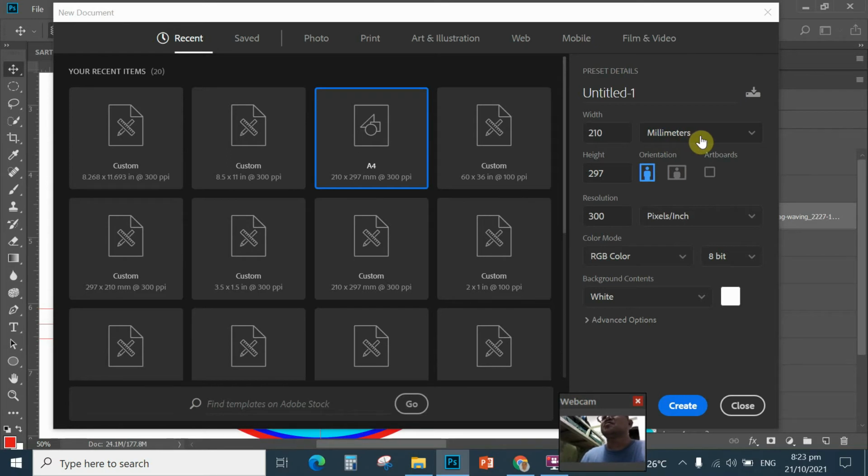If you want to see the equivalent in inches, you can click this arrow to display the drop-down menu of the unit of measurement. Then you click inches. That's actually equal to 8.268 by